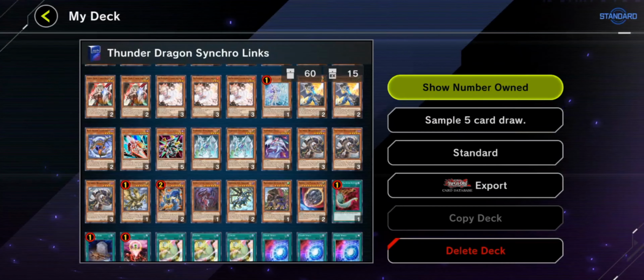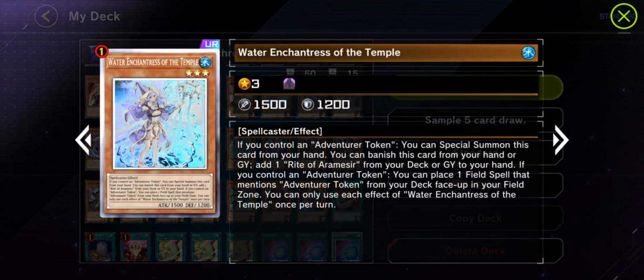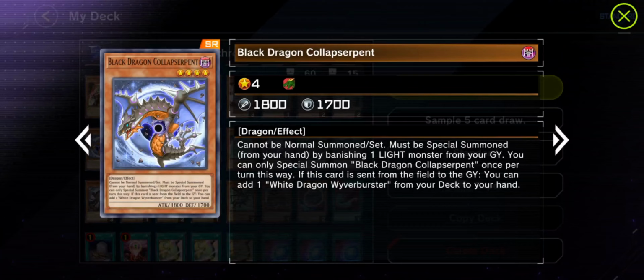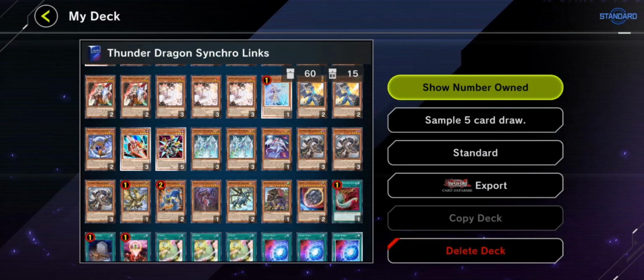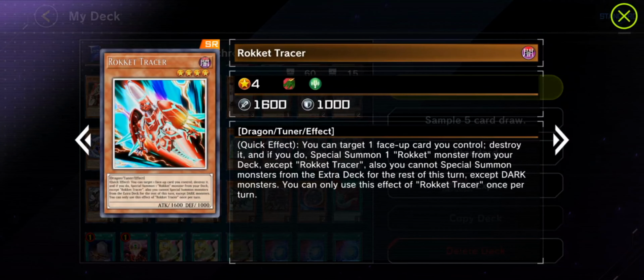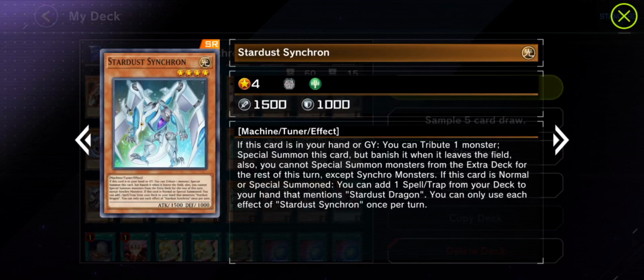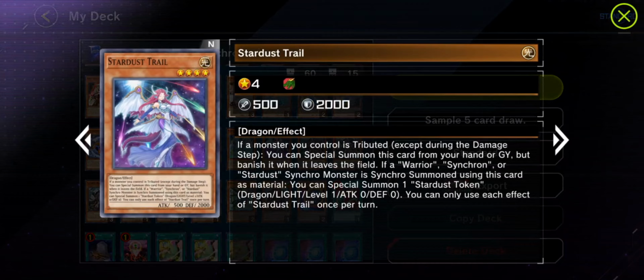3 Ash Blossoms. My Ghost Ogres and Ash Blossom are all really good against Runic. Ash Blossom's really good against Maxi. One Enchantress, kind of wish it was still at 2. It was insane. 2 White Wyver Bursters, 1 Black Collapse Serpent, 1 Rocket Tracer, 1 Recharger, 2 Stardust Synchron, 1